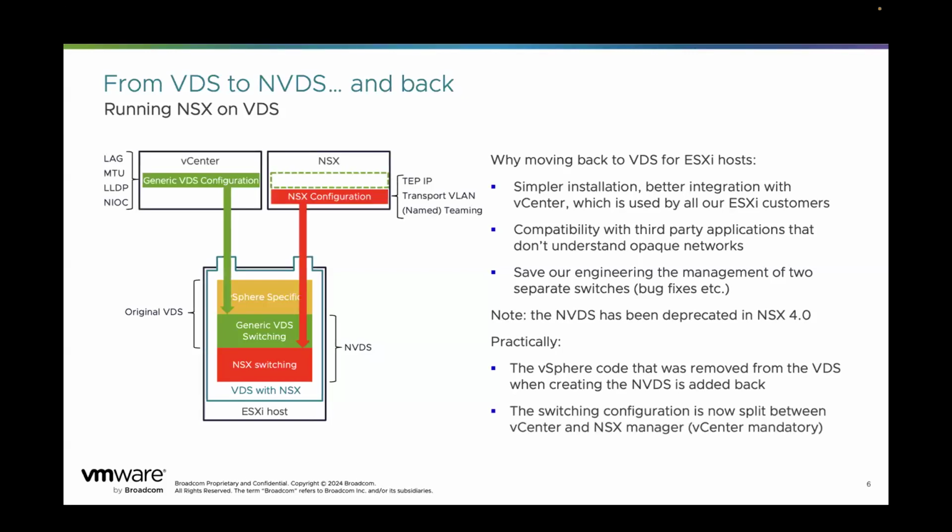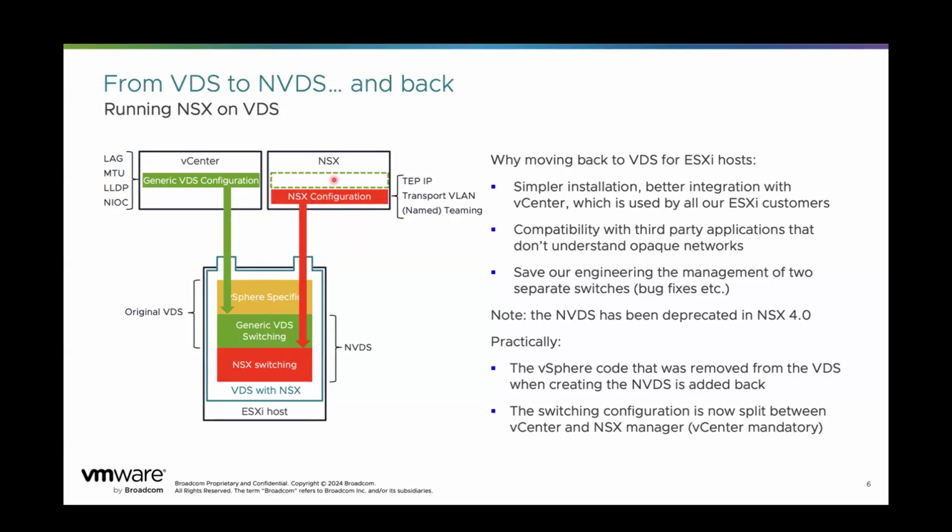And the other very important consequence, and this is why I'm spending so much time explaining this, is that now our switch configuration is split between vCenter and the NSX manager. Basically, anything that we had stolen from the original VDS in order to create the nVDS was given back to the VDS. And all those parameters you see here are going to be configured in vCenter on the VDS. And you will still have to configure the NSX specific part on the NSX manager. So it's a little bit weird, and it's not too bad when you think about it. However,